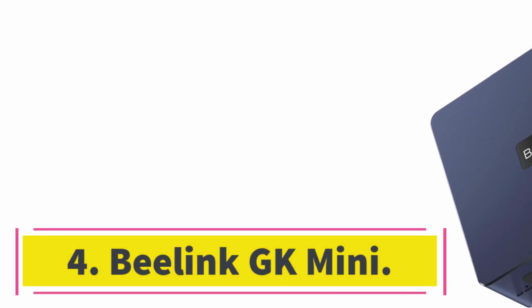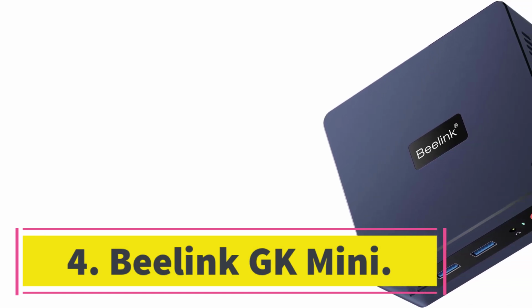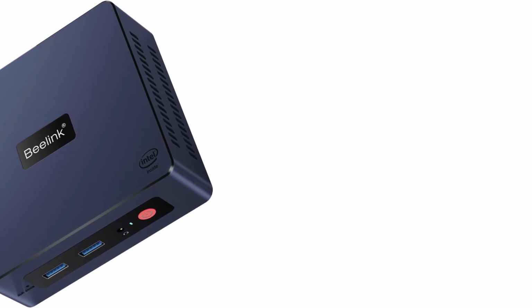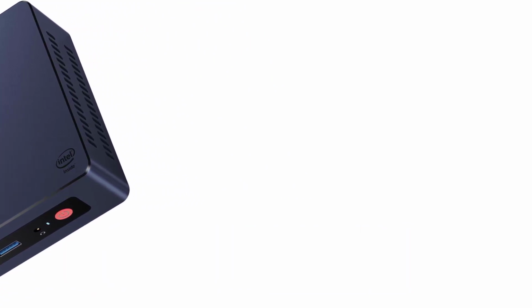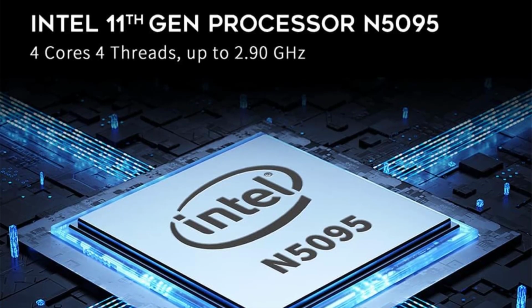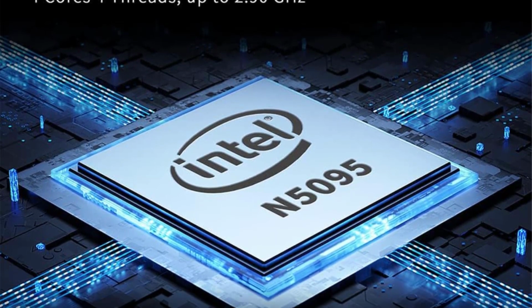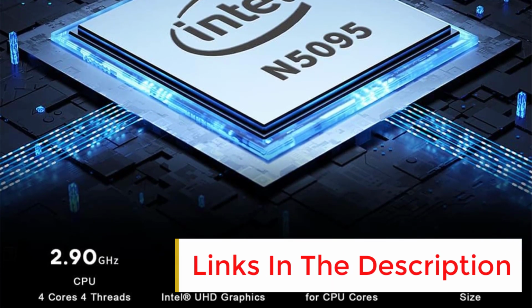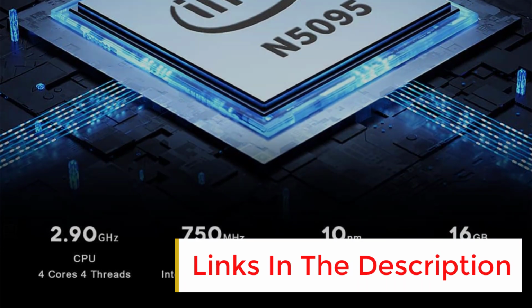Number 4. Beelink GK Mini. Desktop PCs with user-interchangeable components just don't come smaller than the Beelink GK Mini, an Intel Celeron system that measures only 4.6 by 4.1 by 1.75 inches and has room for a relatively generous 8 GB of RAM plus M.2